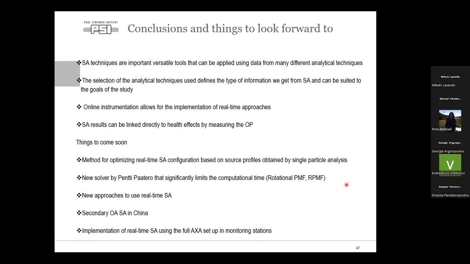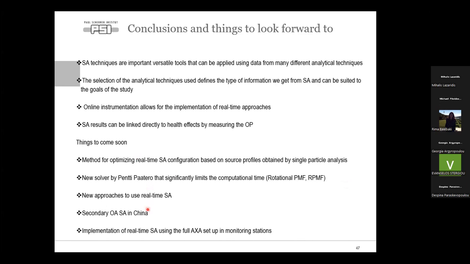Online instrumentation that we have available now allows us to implement real-time approaches. And of course, the results can link to OP either offline or online, and then we can directly link source apportionment results to health effects.